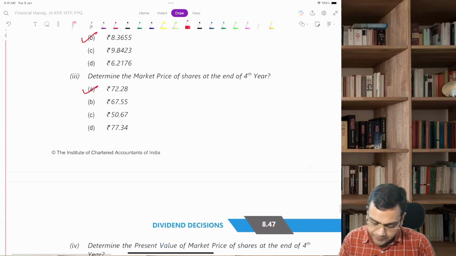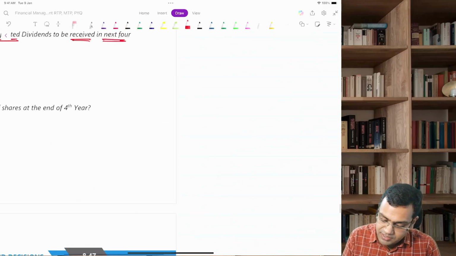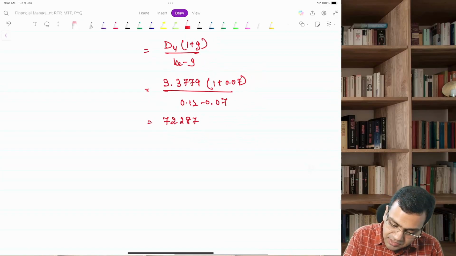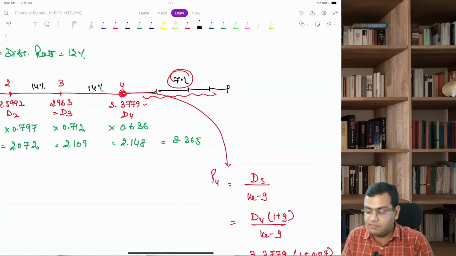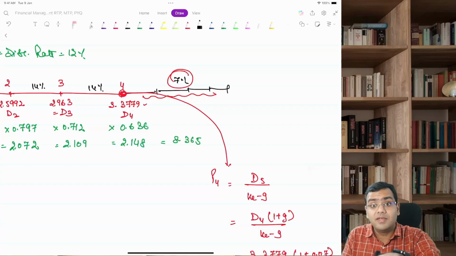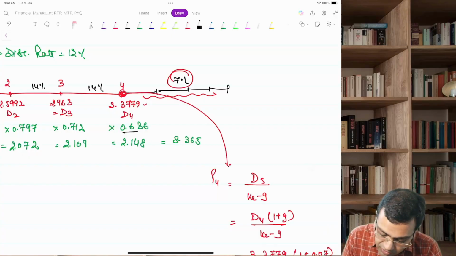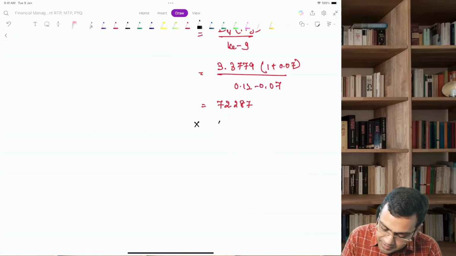Fine, got it? Next, determine the present value of this market price. Now he says calculate what? The present value of this market price. How will you calculate the present value of this market price? Multiplied by which present value factor will you take? Of the 5th year or 4th year? This is the price at the end of the 4th year. So the present value factor that you will take is for the 4th year, that is 0.636. So multiplied by 0.636,